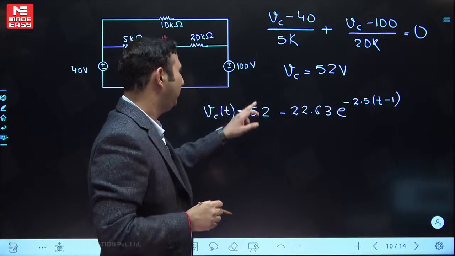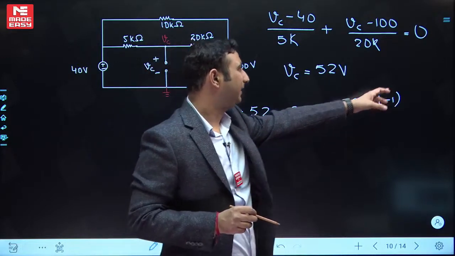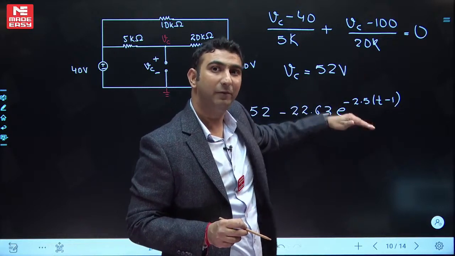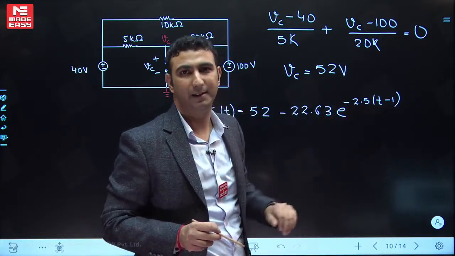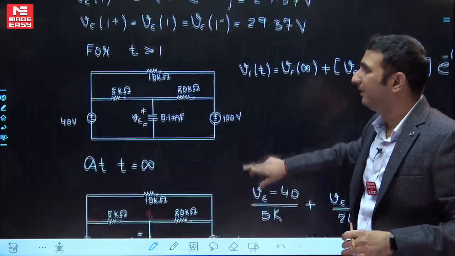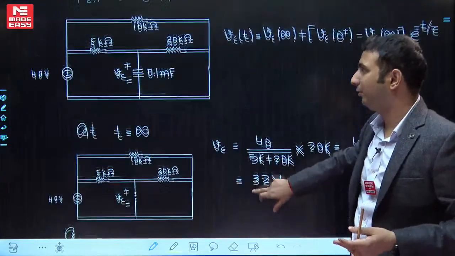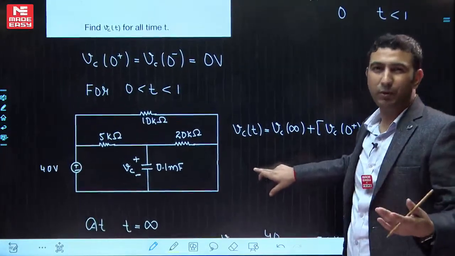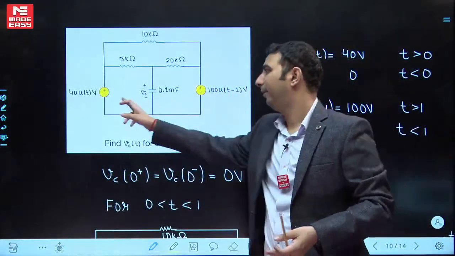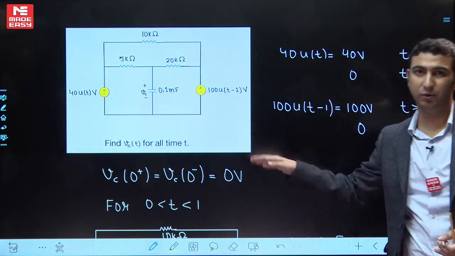ओके बच्चा, क्योंकि फाइनल वैल्यू प्लस इनिशियल माइनस फाइनल मैंने कर दिया ऑलरेडी, ये आ गया है e to the power minus t by 1 divided by tau. Tau was 0.4, 0.4 को लिख सकते हैं 4 by 10, 10 by 4 will be 2.5. So this is our answer. So calculations you can handle. The only thing I wanted to show you is that a double switching question. Already we did this kind of questions in the class, but I wanted to emphasize it because in this we solved 2 transient questions, good practice, and another way of giving a double switching case. Just take 5 seconds, have a look, then I'll show you the next question.